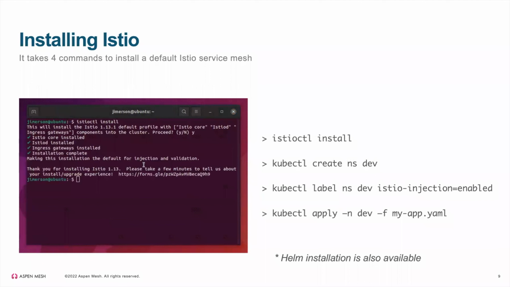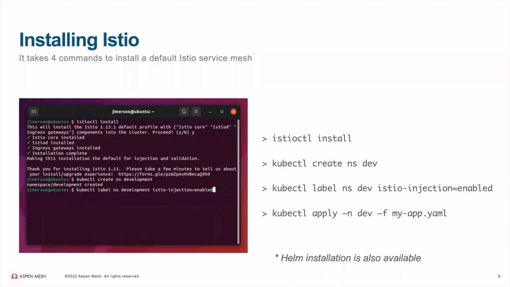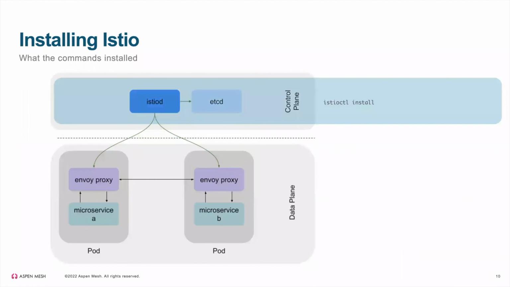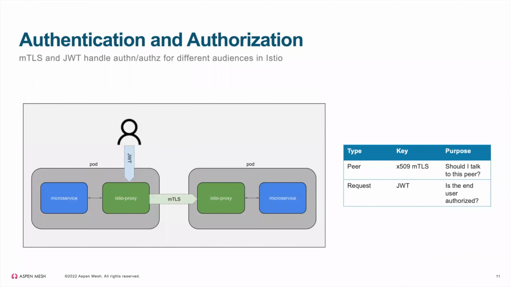Underneath the hood, they're both calling the same thing. istioctl and Helm are all ultimately doing the same deployment. It's just what your preference is. In practice, most organizations go down the Helm path. They're comfortable with Helm. It's part of their process. But in a sandbox environment, where you want to get up and running and kick the tires on Istio, istioctl is by far the easiest way to go. Any other questions on kind of the core Istio, what it is, and how to install it?